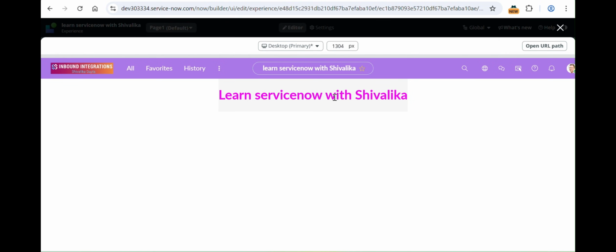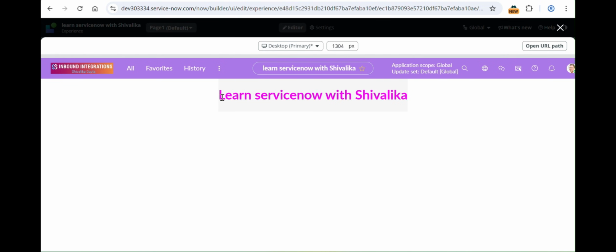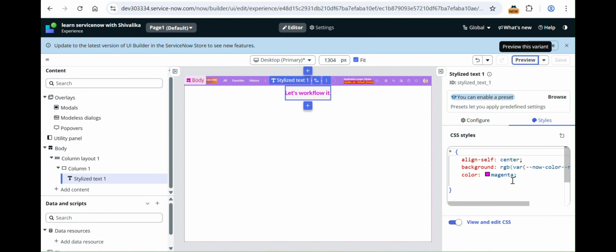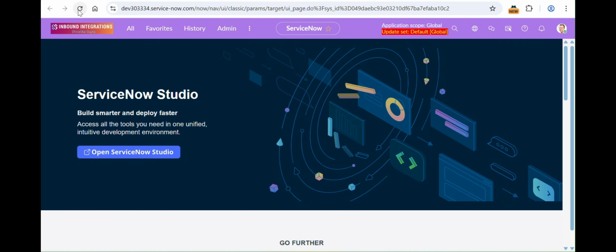Yeah, that's beautiful. So you can see how it is visible. I have changed the color, I have changed the CSS, I have changed the alignment, and I have changed the background also. So that's how you can add any component to the page. Now preview has been done, save has been done. So now what our work is, we want to visit this workspace